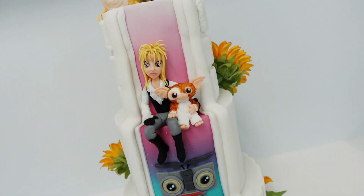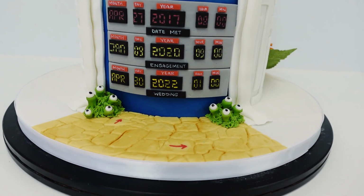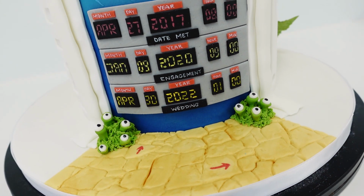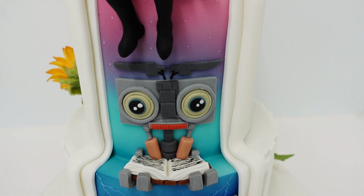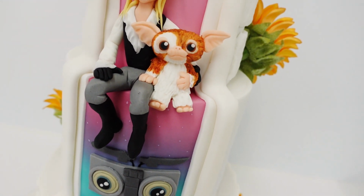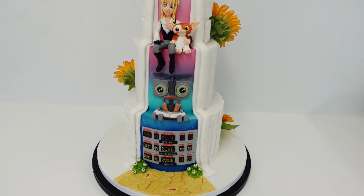And I did originally design this with peaches. I thought I was really clever. I designed it with like peaches and foliage because there is peaches in the film. But then they swapped the peaches out for sunflowers because I didn't realise that their flower was the sunflower for the day. So we added sunflowers there, and then round the back we had Jareth with Gizmo, Johnny Five from